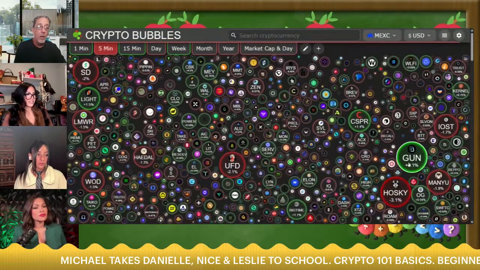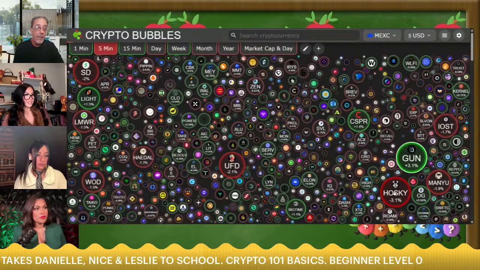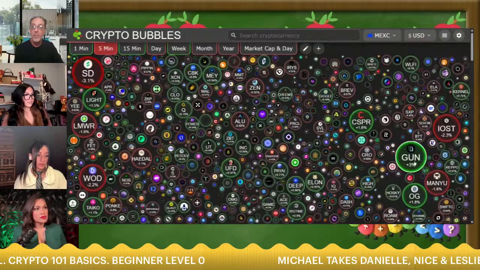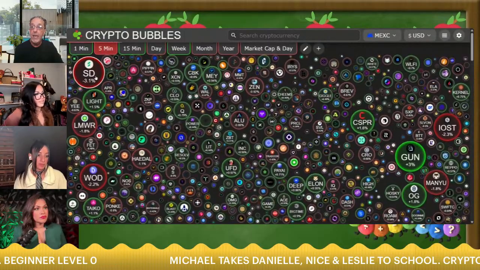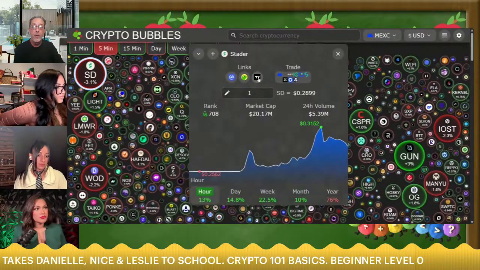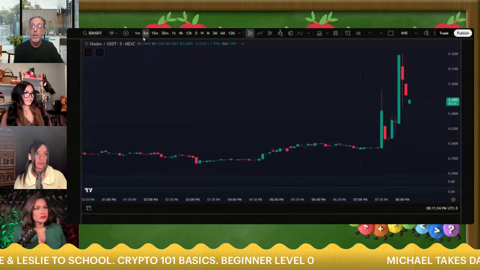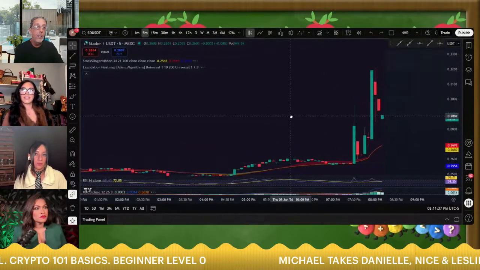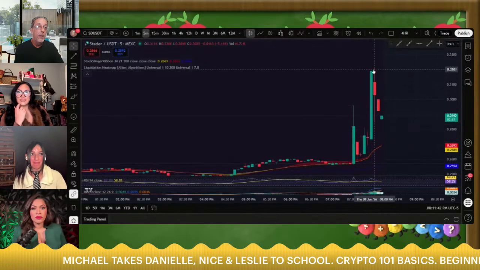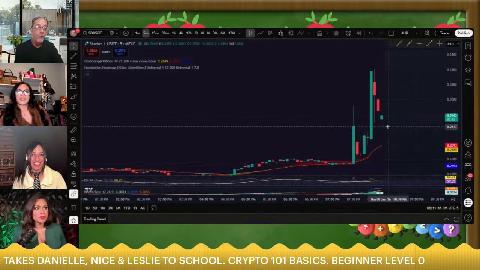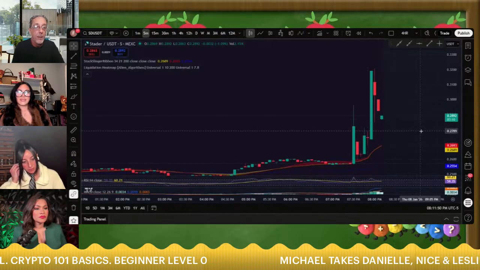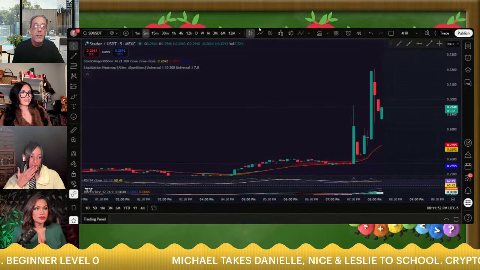So if you're looking to long, look for the green ones. And like Husky over here, okay, just updated. So yeah, Gun's still rolling right now. SD, if you're looking to short, you could click on SD and then click on Trading View, and then it'll show you the 5 minute chart. This thing went up. Holy crap, this thing went up big time. Look at this. This thing was roaring, and now it's dropping all the way back down looking for support levels. So this is where you can see how much volume's going on when it comes to these coins and stuff like that.